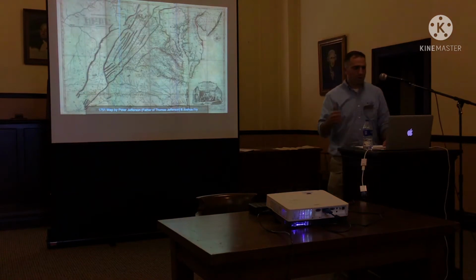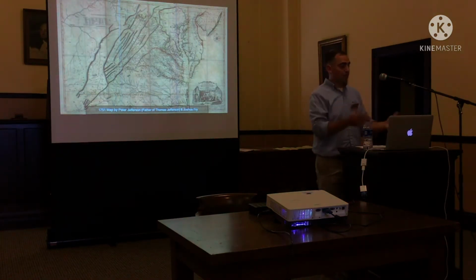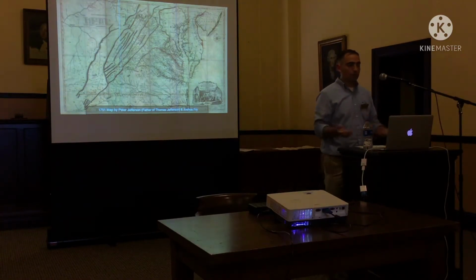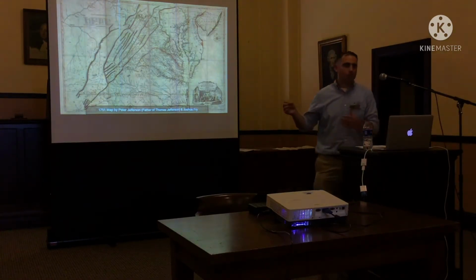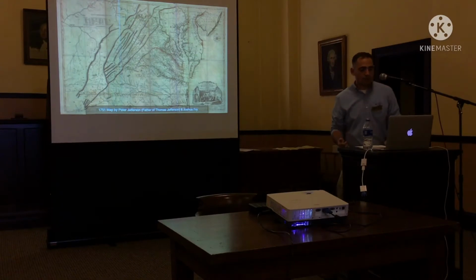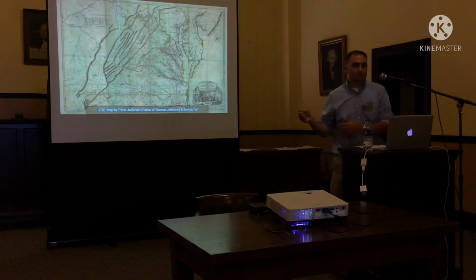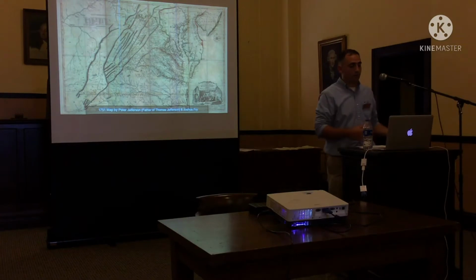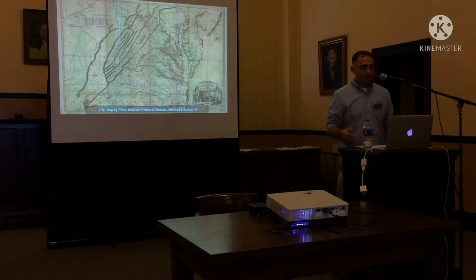So that leads us to the next map here. It is about 20 years after Mayo and Byrd drew their line. People started moving farther west into Patrick County and beyond, and the line needed to be drawn further. And so Peter Jefferson, who is the father of Thomas Jefferson, and a man named Joshua Fry, they were tasked with extending that border. And we actually have a French copy of this particular map downstairs. So they extend the line, and